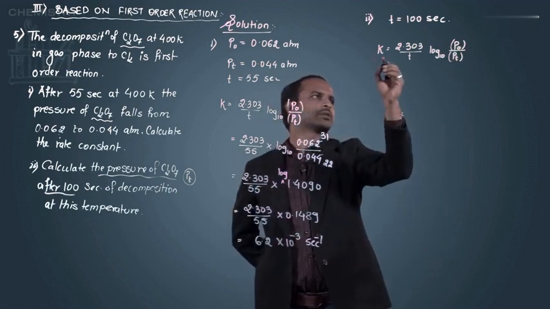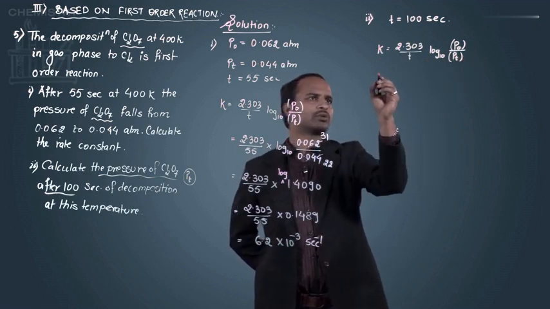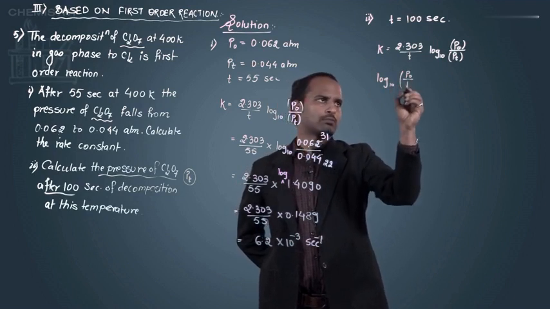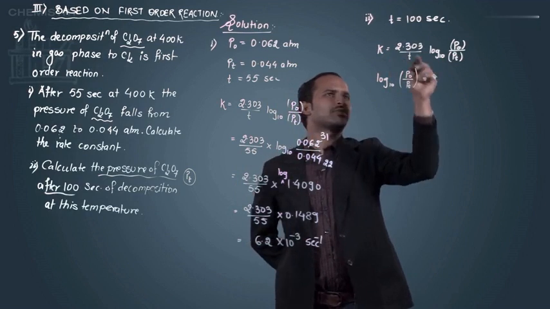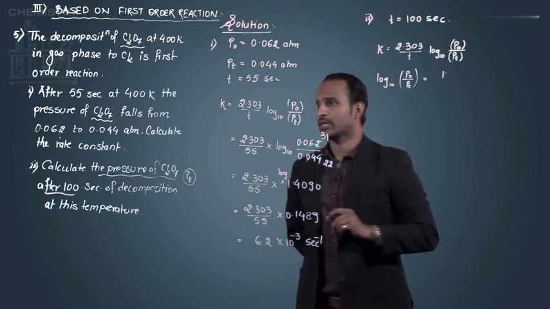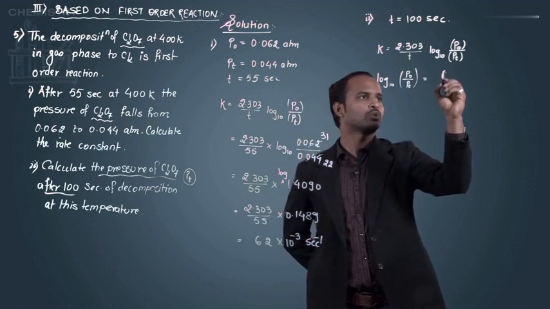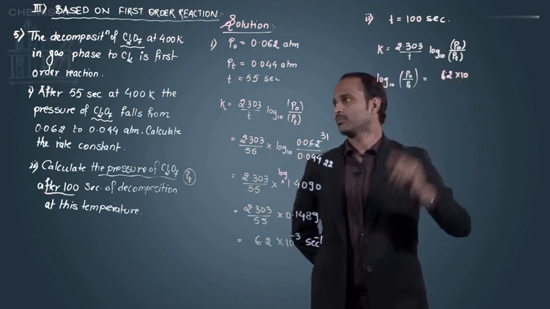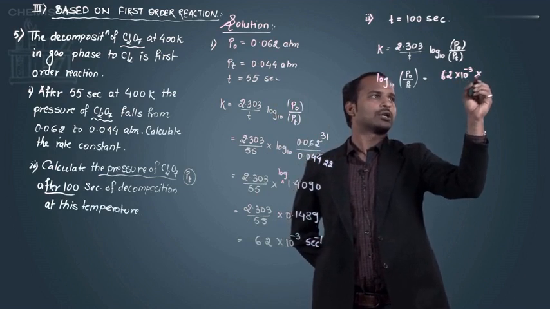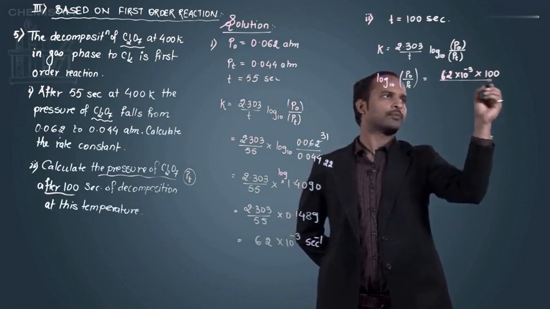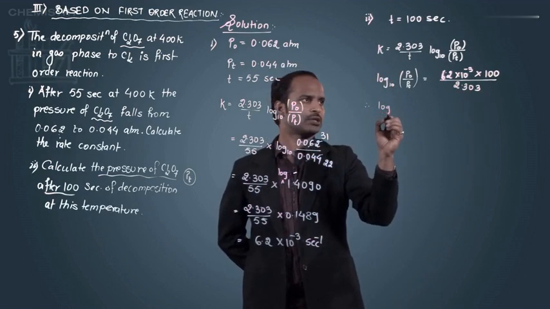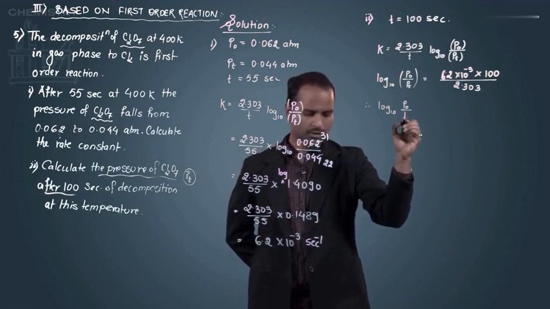Now in this case we have to calculate PT. So let us consider log to the base 10 P naught upon PT together, which is equal to K into T upon 2.303. K is already calculated, it's 6.2. The value of K is going to be the same because we are talking about the same reaction. So 6.2 into 10 raised to minus 3 into time, which is now 100 seconds, upon 2.303. So therefore I can say log to the base 10 P naught upon PT